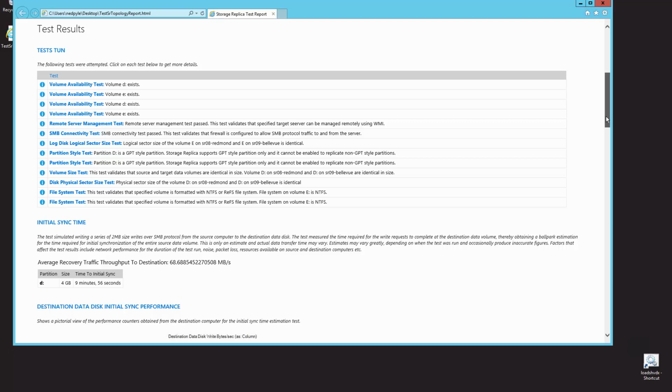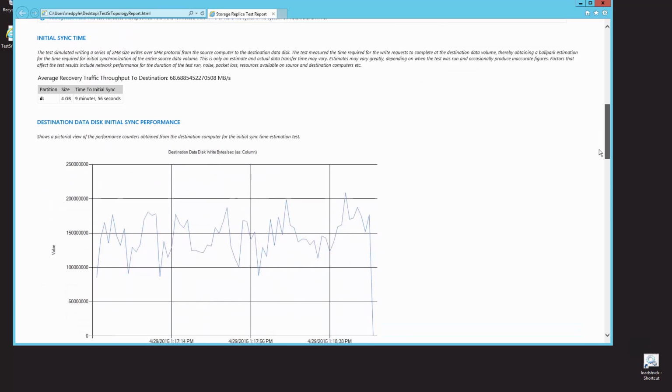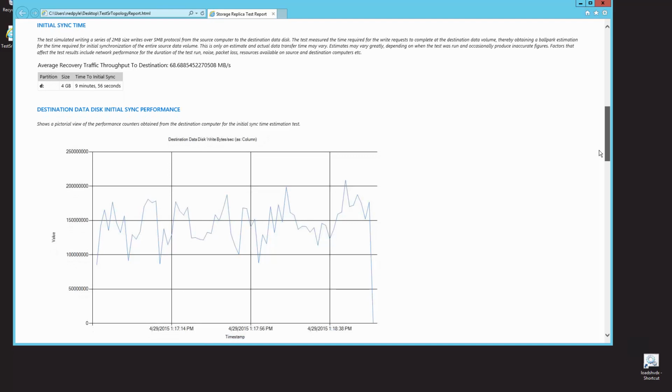You can see a little typo there. This is technical preview 2, so it says test ton. Sorry about that. And more importantly, I can see the initial sync time, the data performance characteristics, how long it